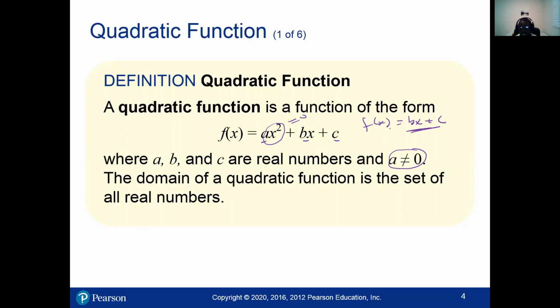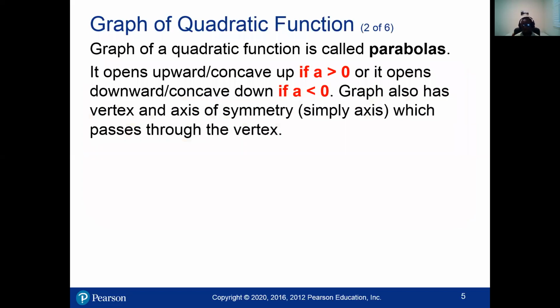We have actually a linear function in this kind of situation. Now, the domain of the function is all real numbers. Now let's talk about the graph of a quadratic function. The graph is called a parabola. So where you have your function f of x, which is equal to ax squared plus bx